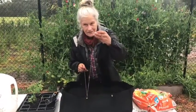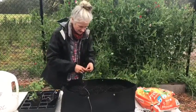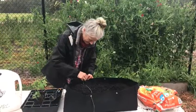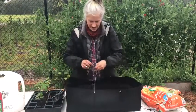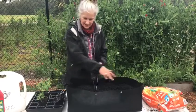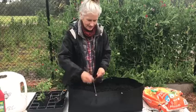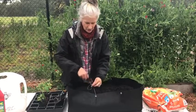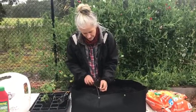So there we go. I've threaded one side of the string through one hole, and then I'm going to come over here and thread it through the other one. And I'm going to gather that up in the middle, and you can see what's happening. It's pulling those sides in so they stay nice and neat. And I'm just going to tie this in a bow